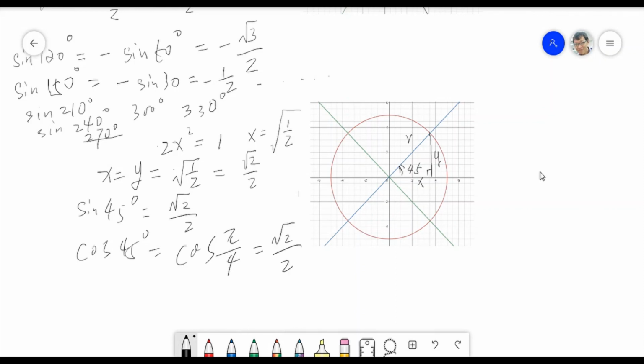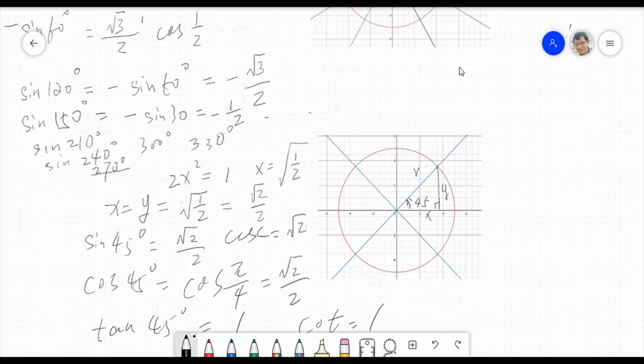How about tangent? Tangent 45, we definitely know is 1, right? Cotangent definitely we know also 1, right? So vice versa, the cosecant is what? Cosecant 45 degree should be square root of 2, right? So secant is also square root of 2. Okay, so today we introduced the sixth